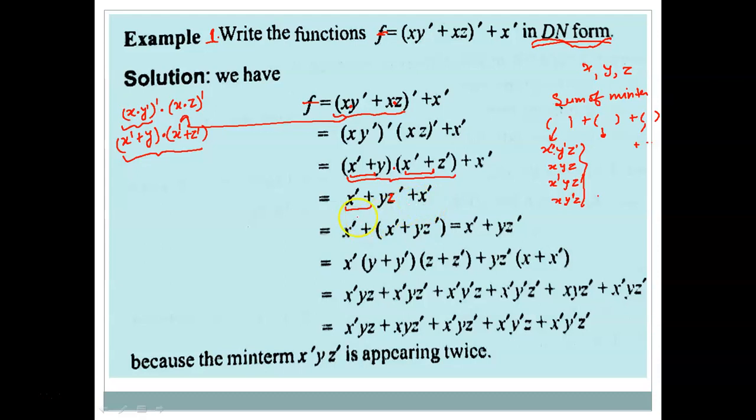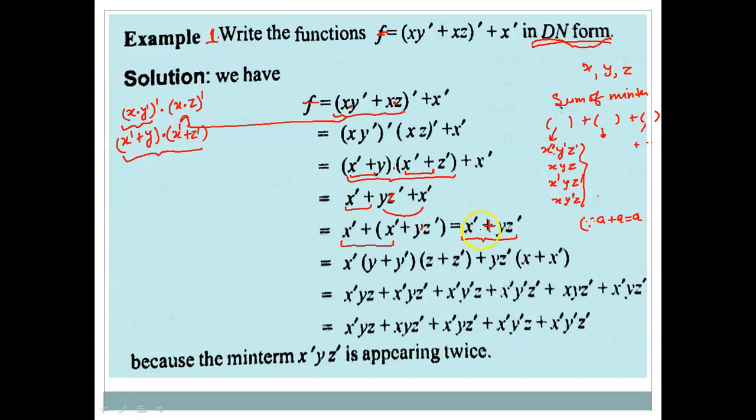Further, we take this as x complement plus x complement. We apply the commutative law, so it will be on the left side, and by the associative law I can write it as x complement plus y z complement. Now further, this x complement plus x complement will give you x complement, simply because in Boolean algebra the idempotent law holds: whenever we have a plus a, that is equal to a. So x complement plus x complement gives you x complement itself, and y z complement. So this is the simplified form of the given Boolean expression.